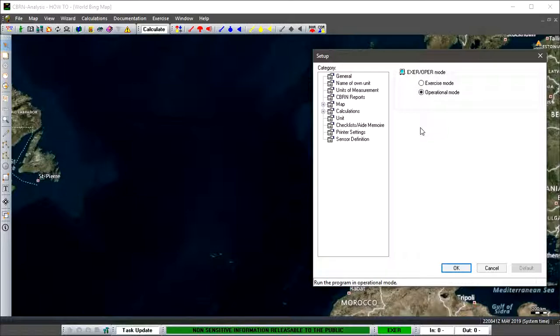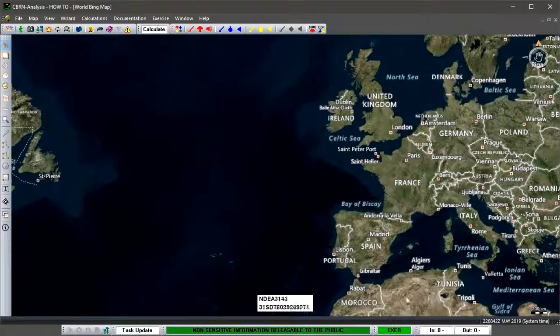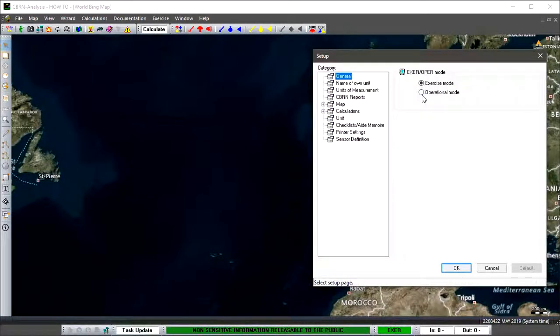Remember, there is an internal firewall that stops you taking information from the exercise mode and placing it into the operational mode, and vice versa, taking information from the operational mode and placing it into the exercise mode. Within both these modes you'll have to create scenarios. You can also get to the operational mode by double clicking down at the bottom here where I've placed the exercise mode bar. You double click on that, again it will take you and allow you to go in and